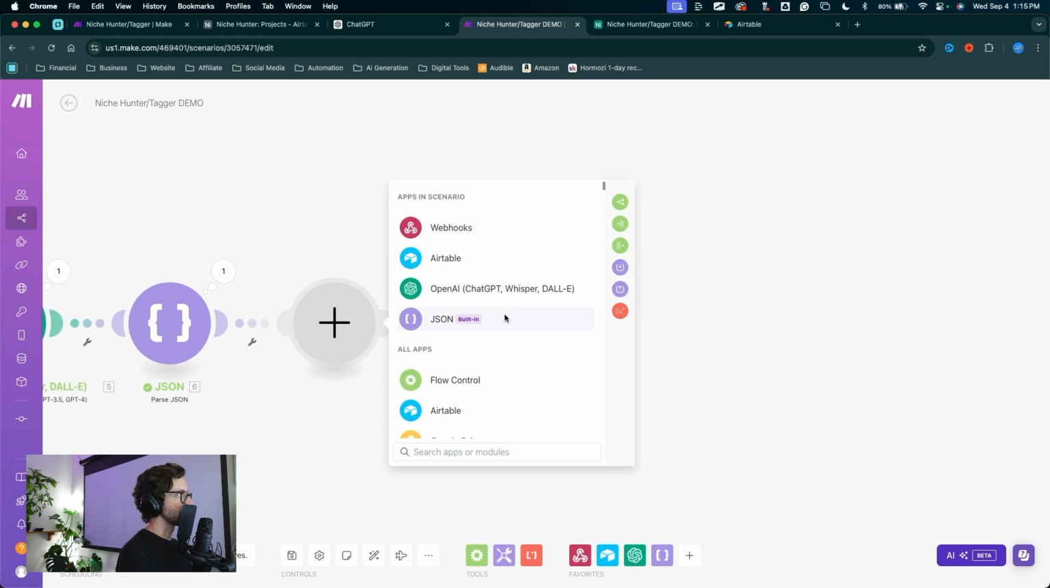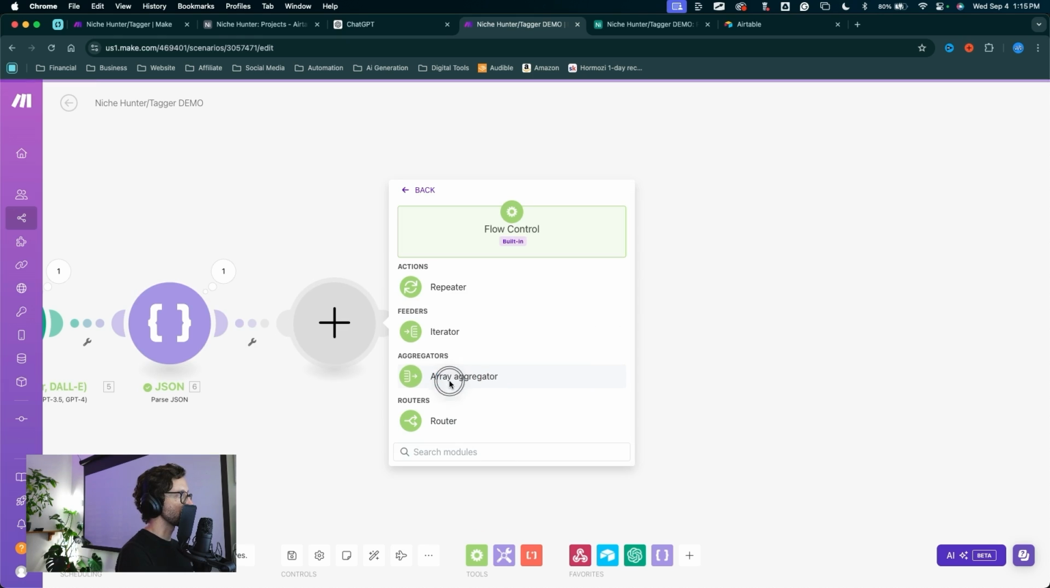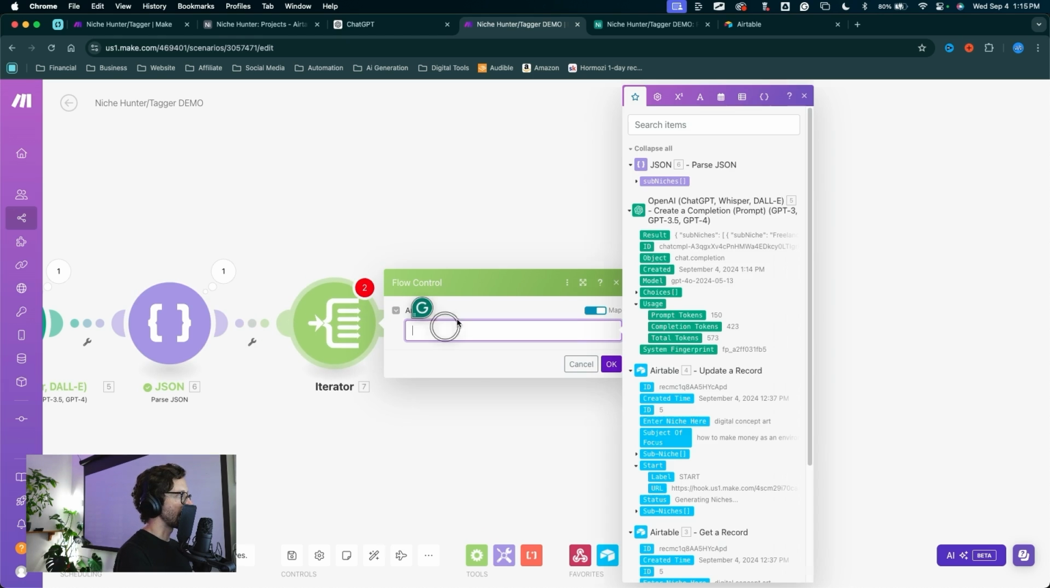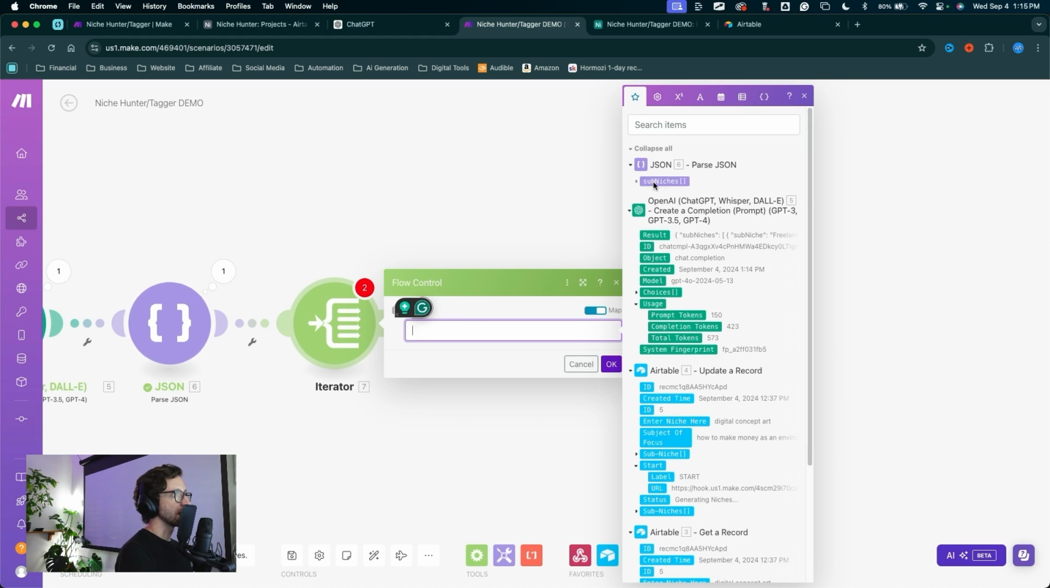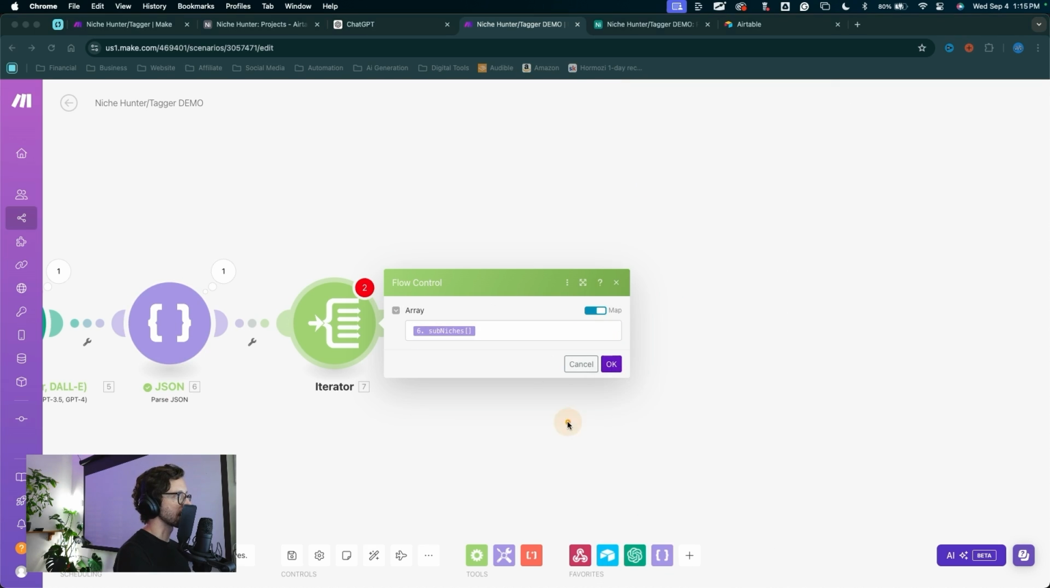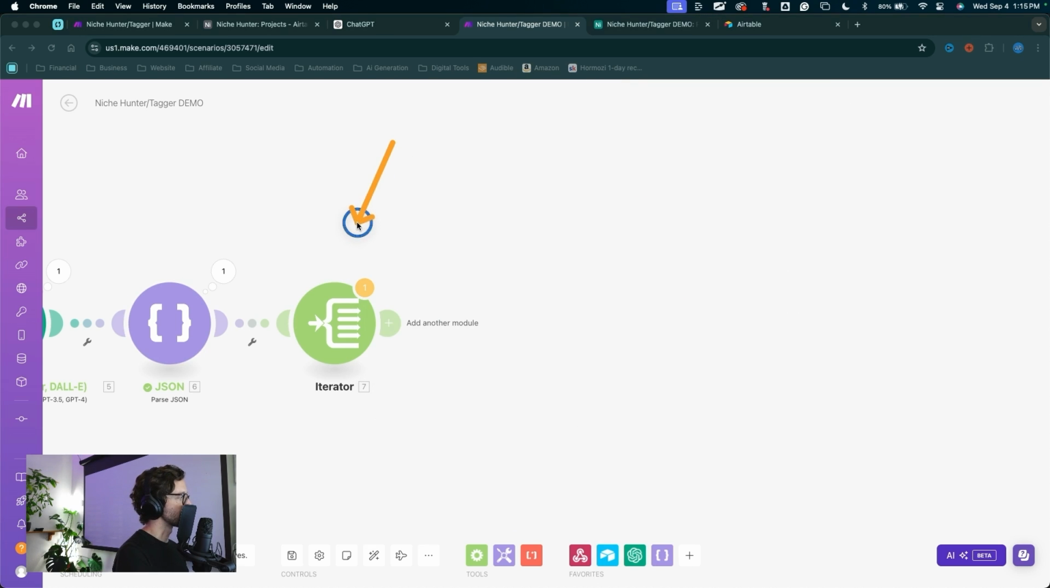The next module is going to be an iterator. It's up here in the corner, but we can also find it in the flow control iterator. And for the array, we're going to pass in the array of sub niches and descriptions, 10 niches and 10 descriptions through the iterator. Select that, click OK,